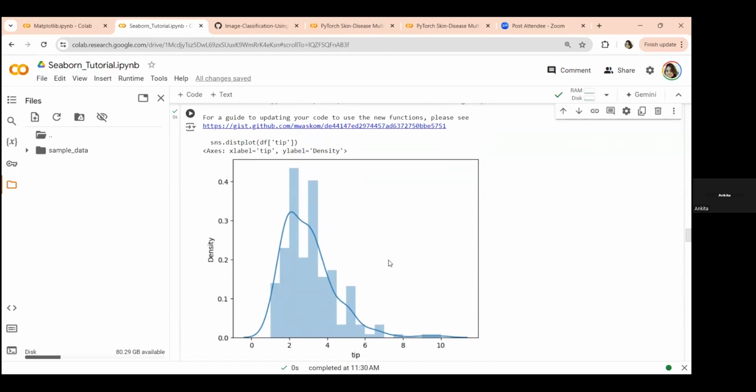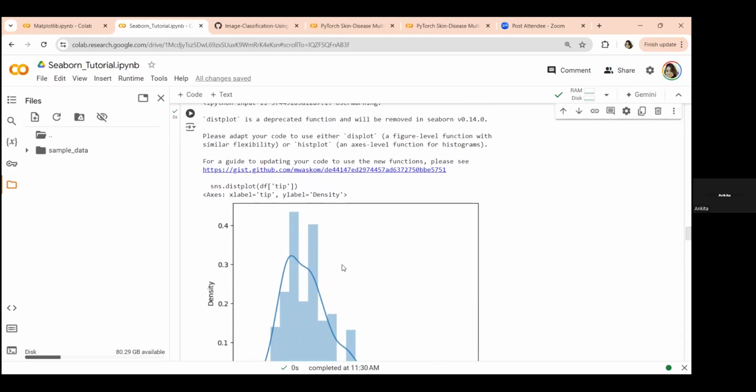This feature is high when mainly tips are given. Maximum tips are present within this range, 2 to 4. Sorry, 2 to 3. So for that reason, the plot is high here. And maximum density is present, and after that, the maximum tips are present between 3.5 to 4. So using this, you can have an idea about where the tip value is high,